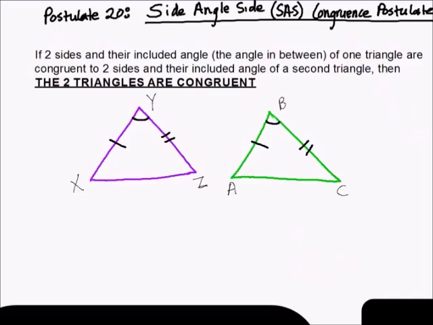Postulate 20 says the side angle side congruence postulate. If two sides and their included angle, so the angle in between, of one triangle, so let's pick triangle 1, are congruent to two sides and their included angle of a second triangle, then the two triangles are congruent. So look at these two triangles, okay? This picture actually says, so if,